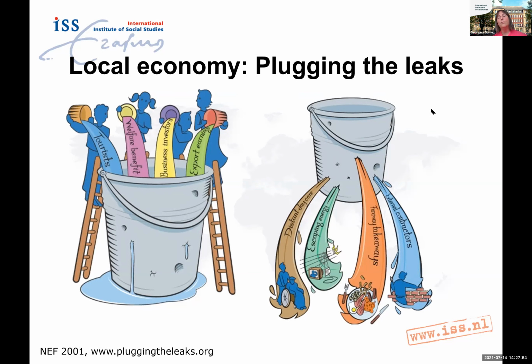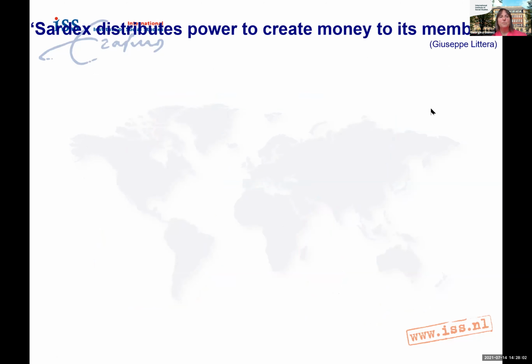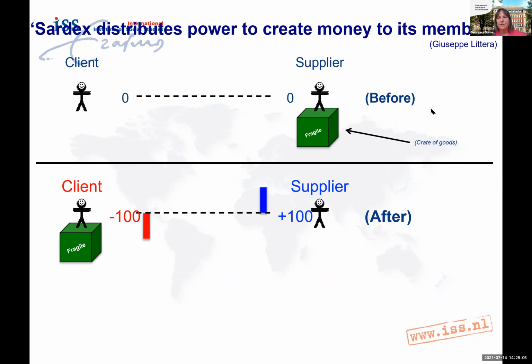And how do you do that? Well, by creating means of payment that are only valid, that can only be used within your economy. So Sardex, for example, in Sardinia, I said this is one of the largest ones in terms of number. What happens? You have this supplier that has things to sell, and there are many clients around, but nobody has money. So at the end of the story the supplier keeps his goods and the client goes hungry, yeah, if it's food, or goes with an unsatisfied need or consumption.